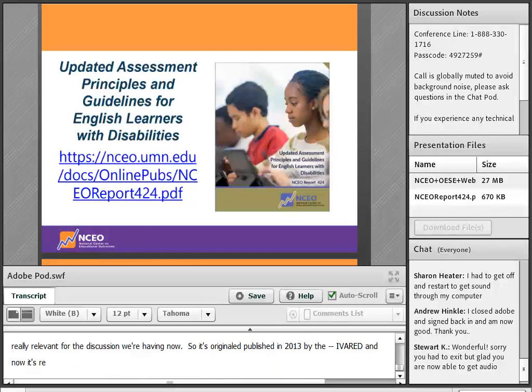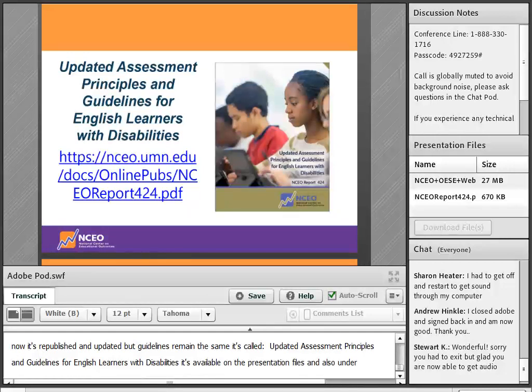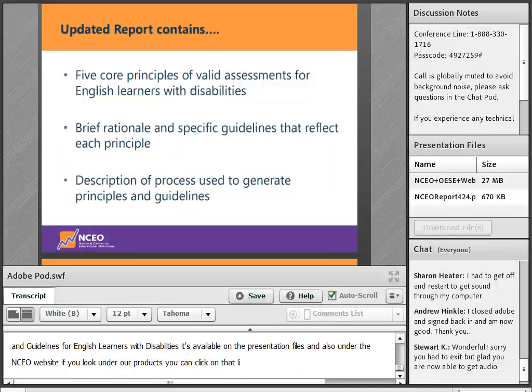It's called Updated Assessment Principles and Guidelines for English Learners with Disabilities. And it's available through the presentation files and also on the NCEO website. If you look under our products, you can either click on that link or look under products for 2020 and find it there. And this report,